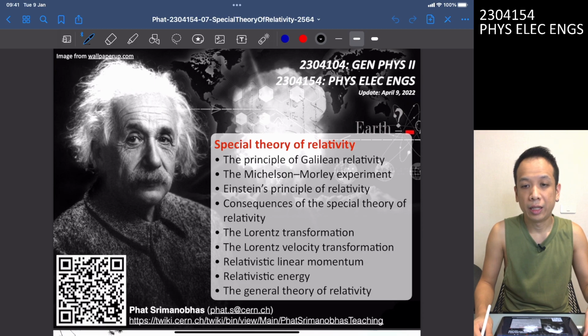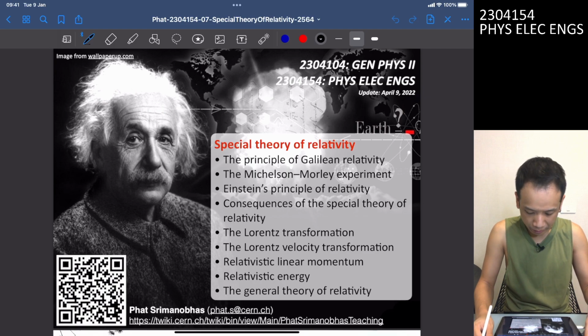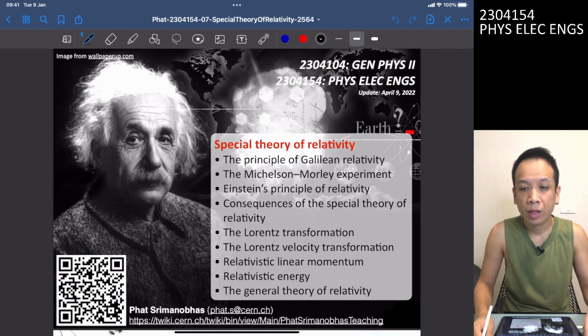So you will learn that relativity is not a new thing. I mean, it comes from Galileo's time. Then we talk about the Michelson-Morley experiments. So we are starting a new era after Maxwell's equations. There were experiments that tried to prove the medium that light travels through. And then this brings us to Einstein's postulate, Einstein's principle of relativity, and then we start on